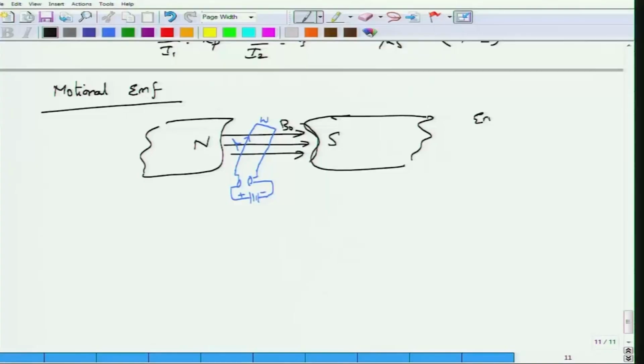You can actually rotate the loop with a certain angular velocity, and when you do that, there will be an EMF induced. The EMF induced is called motional EMF, and it comes from the magnetic force acting on the electrons that are carrying this current. So, if there is a current I, you can either supply it by connecting a battery here,